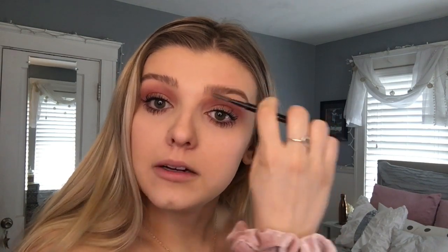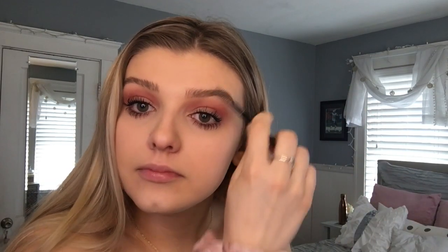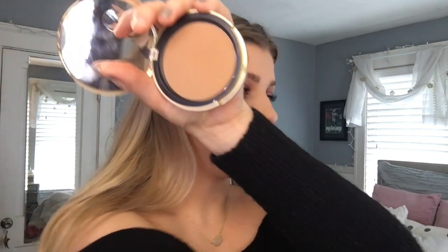Now moving on to eyebrows, I'm using my Anastasia Brow Wiz in the shade Taupe. I'm first just going to brush through. I like to keep my eyebrows pretty natural. So I just do a line underneath, a line on top, on the end, and then I just blend it through with the spoolie. Moving on to my face, I'm going to be using my Too Faced Chocolate Soleil bronzer